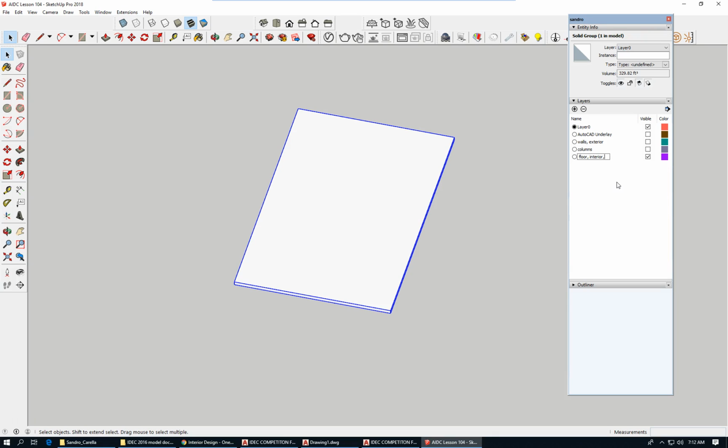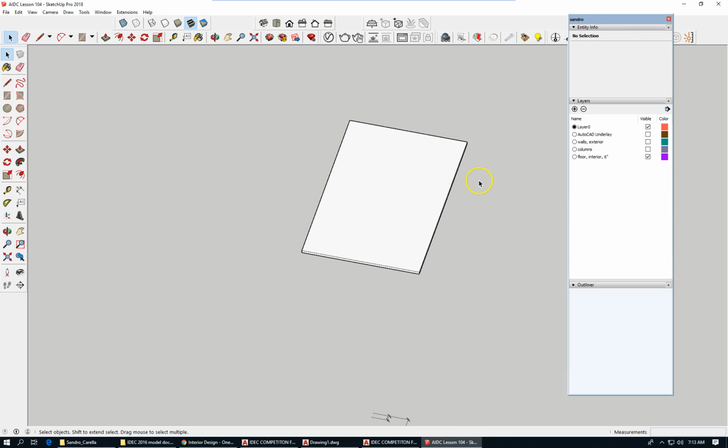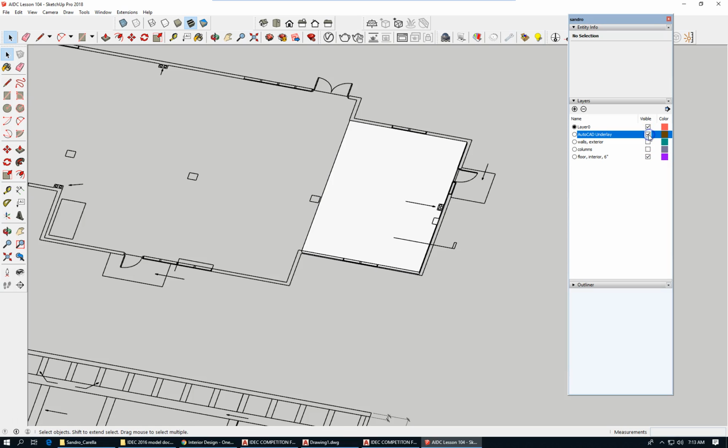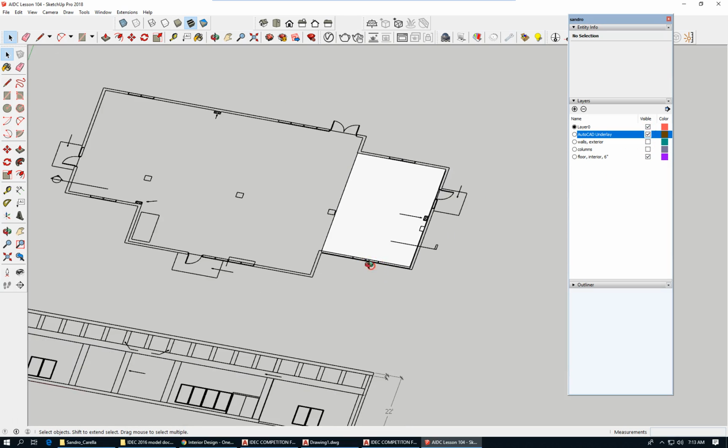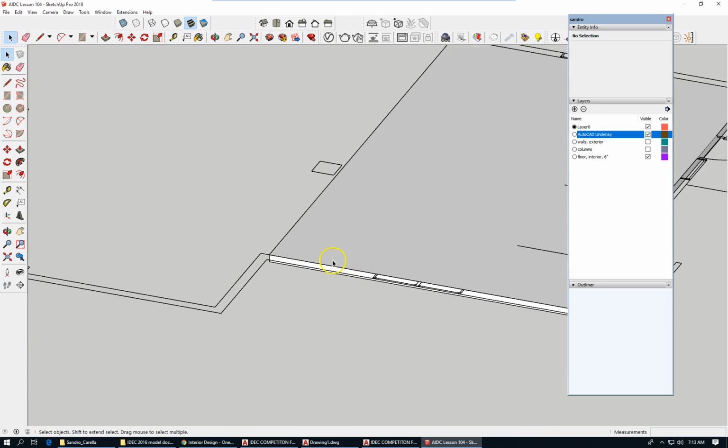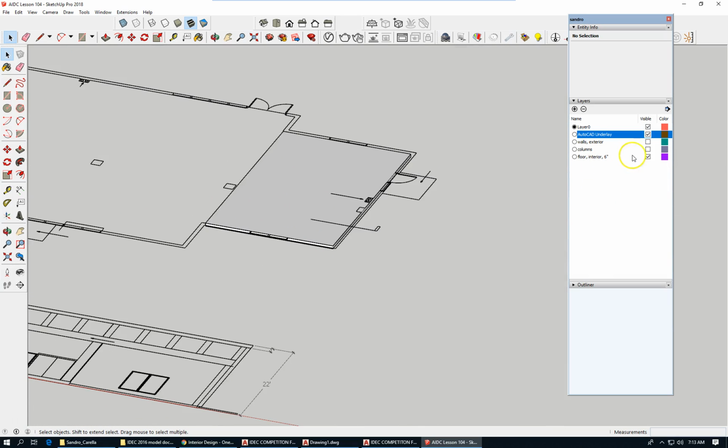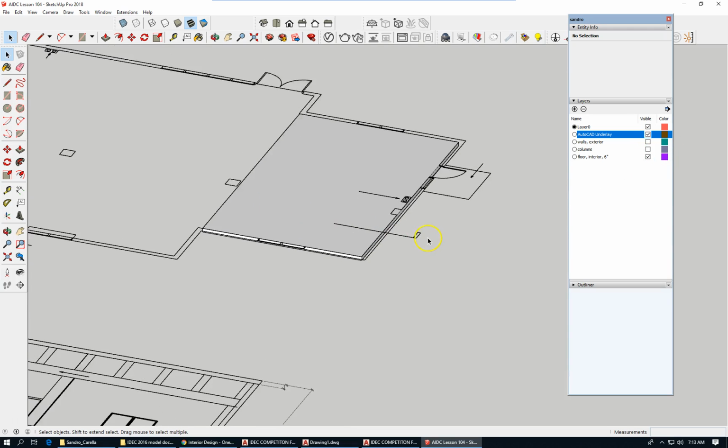Interior 6-inch. And I'm going to take that group and move it to the floor interior 6-inch. Let's turn back on the AutoCAD underlay. By the way, well, let's do that afterwards. Turn back on the column